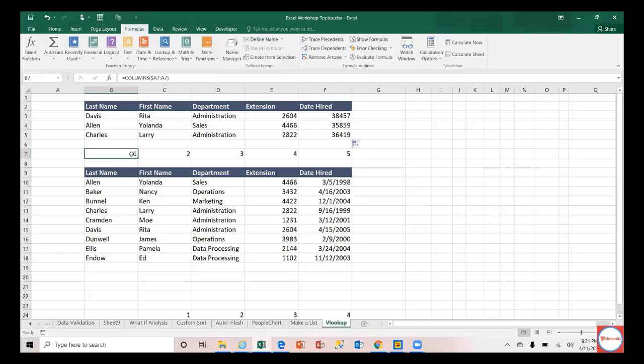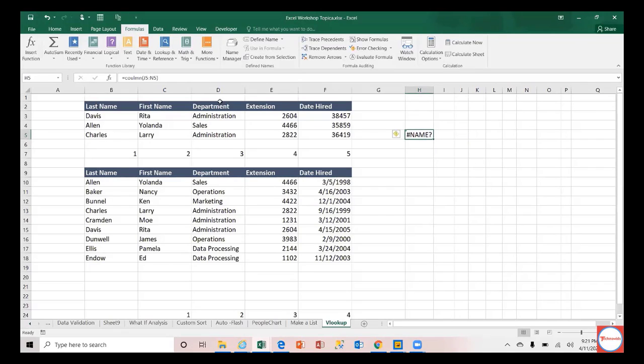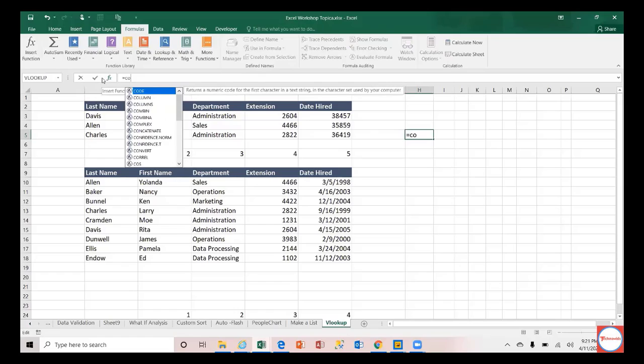Here I have used a function called COLUMNS. Here's the same concept. If you type COLUMNS of some cells, let us say J to N. Sorry, there is some trouble, let me do that again.